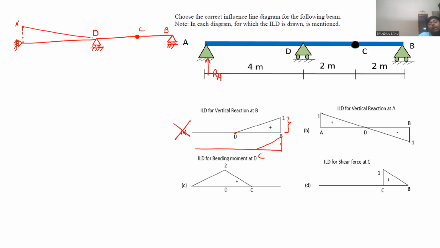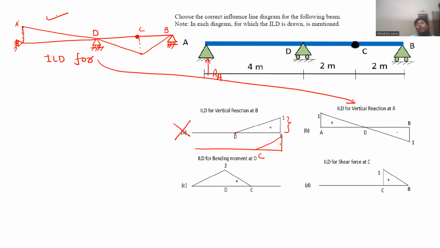So you can join like this. Now it will move forward till joint C like this. There won't be any bending resistance at C, so it will directly go downward. And from compatibility, this C point is a single point. So from B also, it will try to rotate like this. So the ILD for RA will be